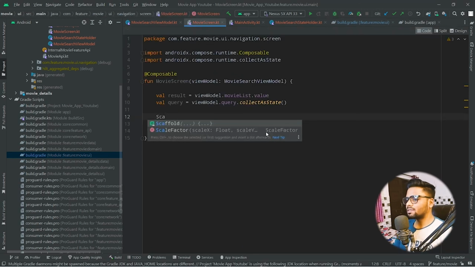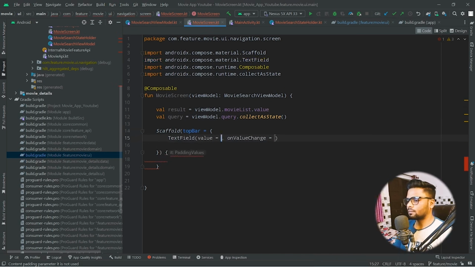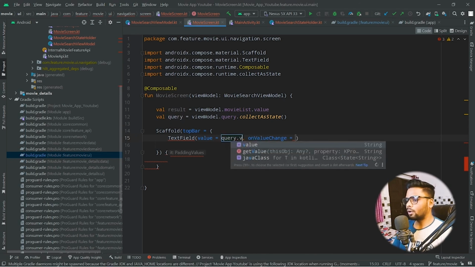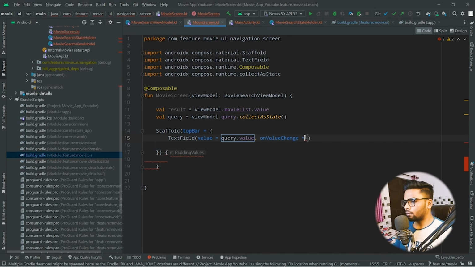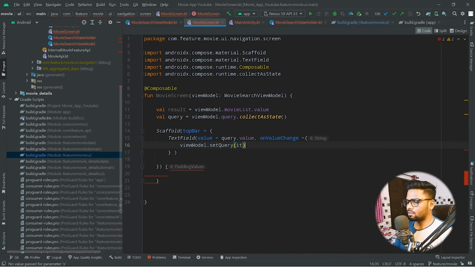So I'm gonna use Scaffold here. So within our Scaffold we have topBar. So in the topBar we will use a TextField. It requires a value and an onValueChange. So in order to use value, I'm using my query value, and within our onValueChange I'm gonna use my viewModel.setQuery and pass the string. Okay,